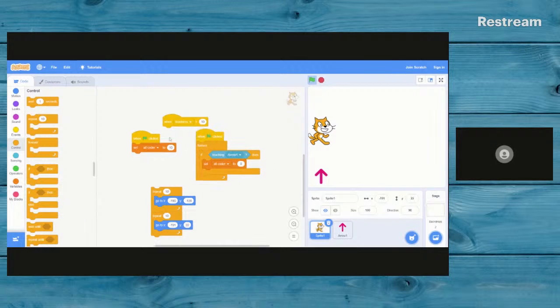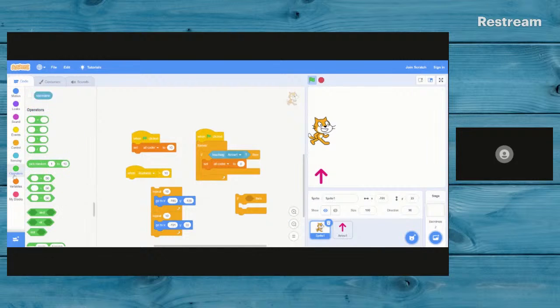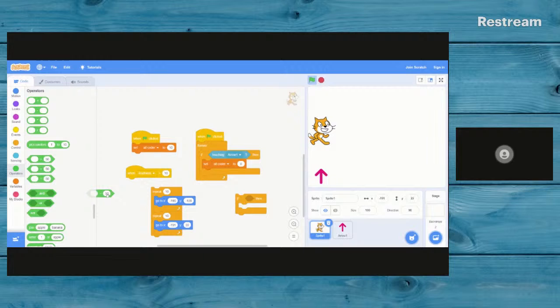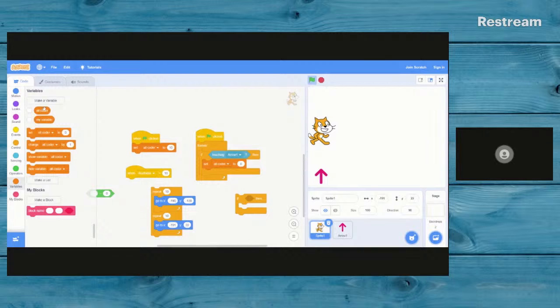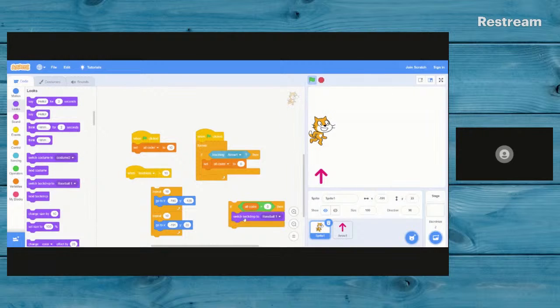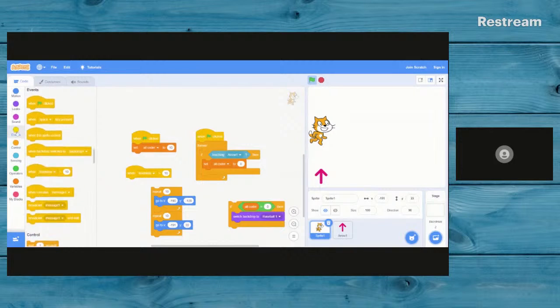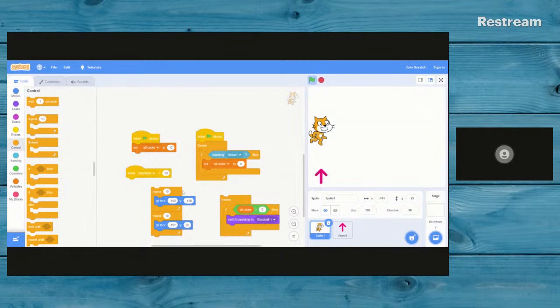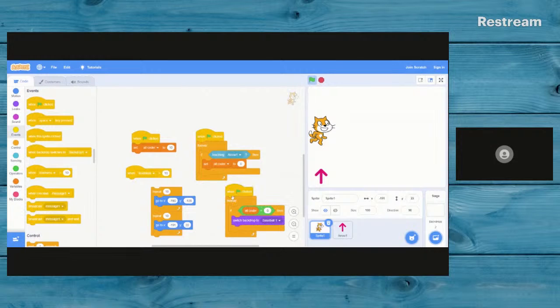When press this, then if operators all coder equal to 0, all coder you have to drag inside this equal to 0, switch backdrop to basketball, and you have to just activate it forever. Then events, when click this, then now